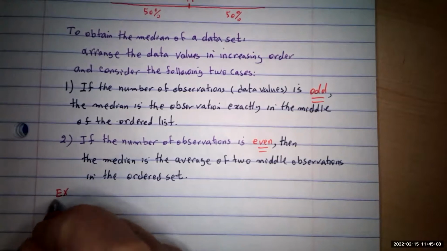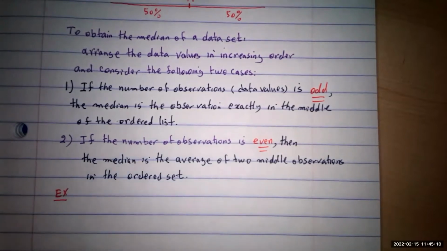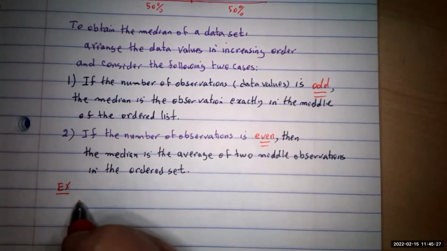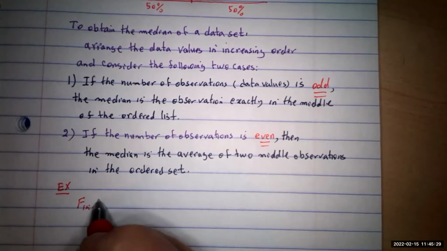When you want to report something, you say the mean or the median, and you use whichever is in your interest. I'm going to show you one example. And you have a couple of very nice ones in your book that you should give a judgment on. So let's see, find the median of